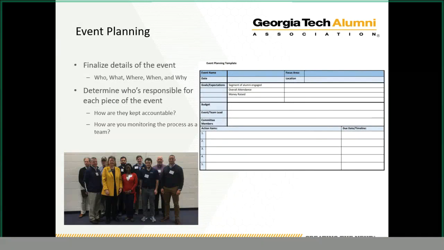Keep in mind, though, that creating this document is not the end-all, be-all of the event planning process. You'll really want to establish how you can plan on keeping up with the action items. So specifically, will there be conference calls or additional in-person meetings? Or will you do all the communicating via email? These are things to determine with your team. But ultimately, you need to decide how you are going to ensure that things are accomplished in a timely manner.